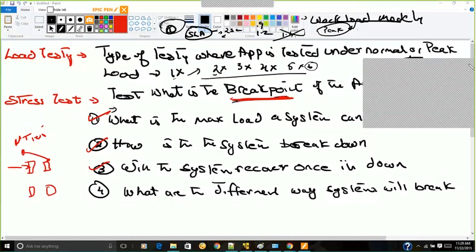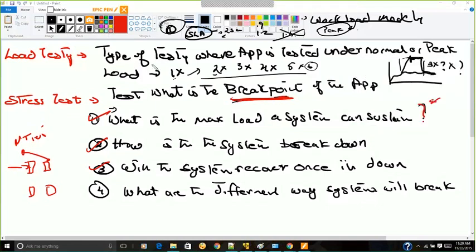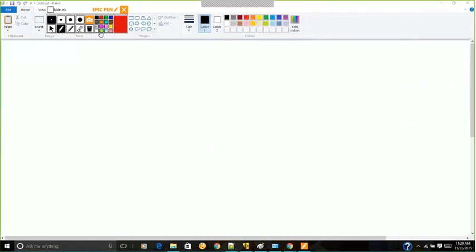Fine. Next, what we are going to see is the next type of test. I'm going to clean this up. So we saw load test, we saw stress test. Next, we are going to see volume test. Now, volume test is a type of test where, say, for example,